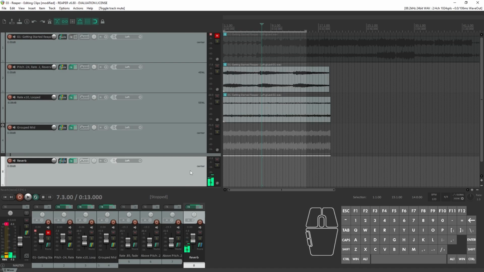And so adding reverb, a very spacious sounding reverb, has made our track sound a lot more dreamy, surreal, like